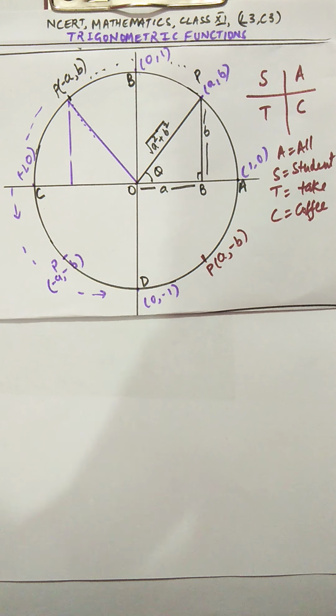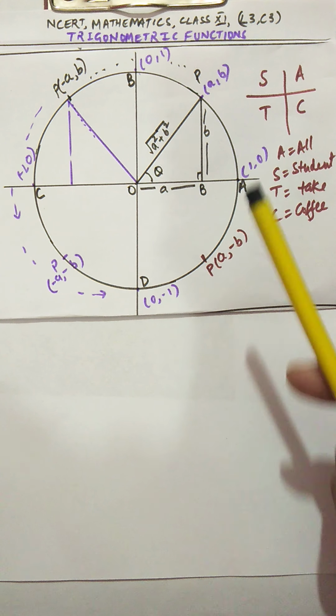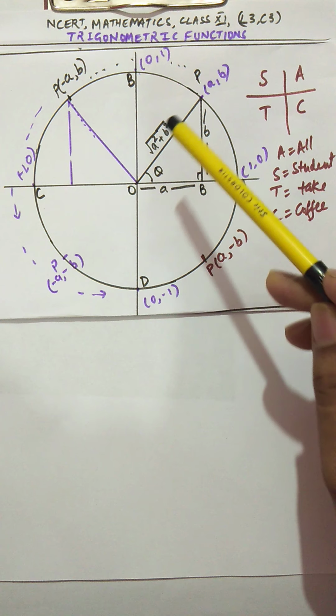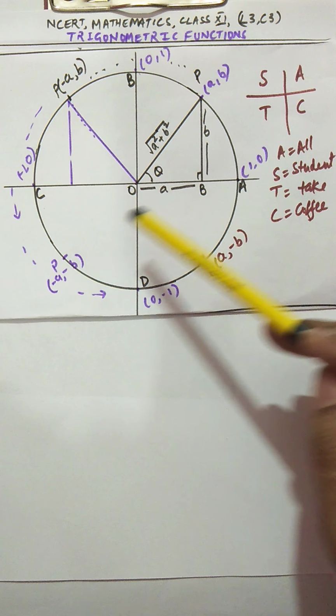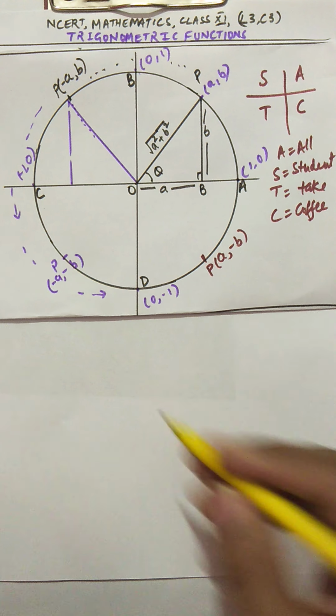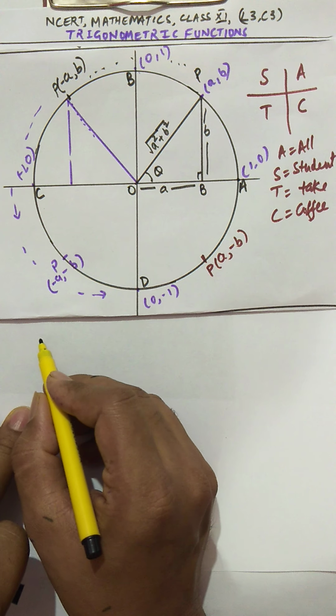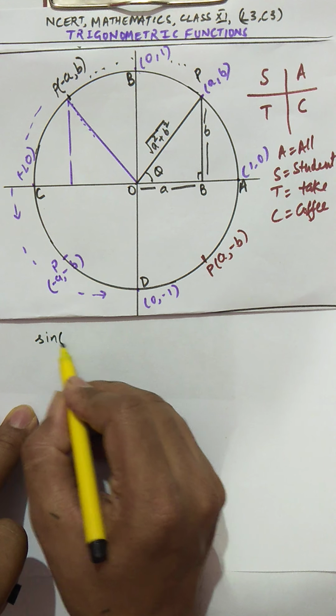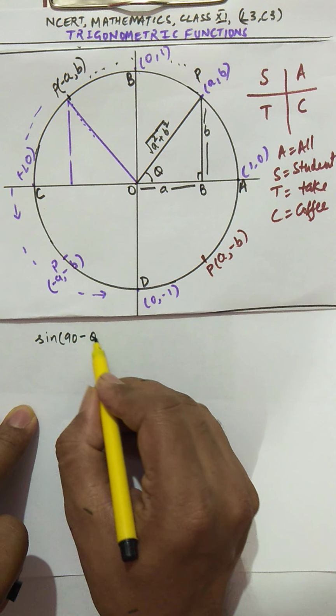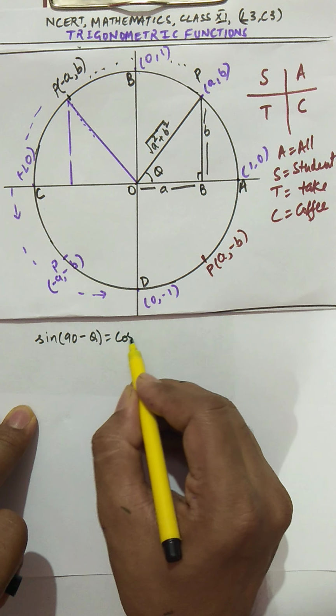In this video we are going to see how trigonometric ratios change their values when they reach different quadrants, meaning the first quadrant, second quadrant, third quadrant and fourth quadrant. So we'll start from class 10th, where you studied the formula sin(90 minus theta) is equal to